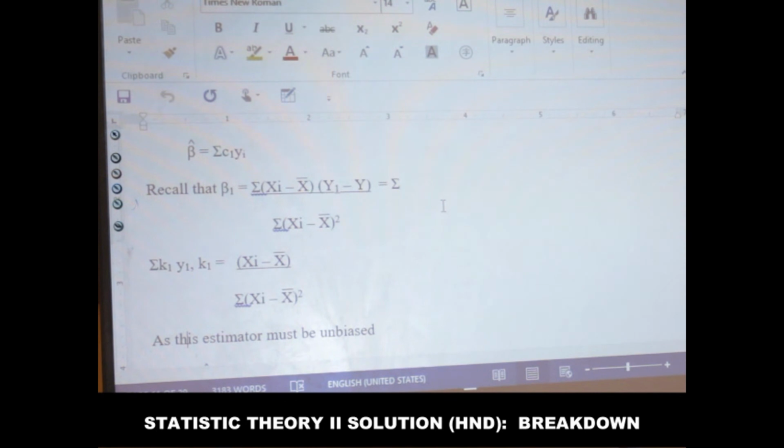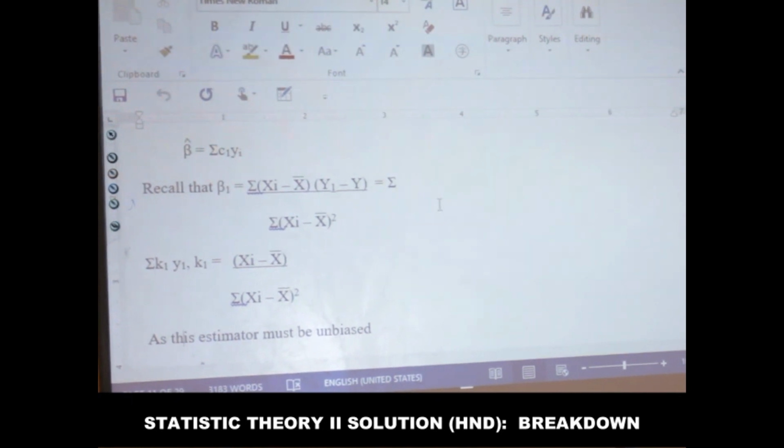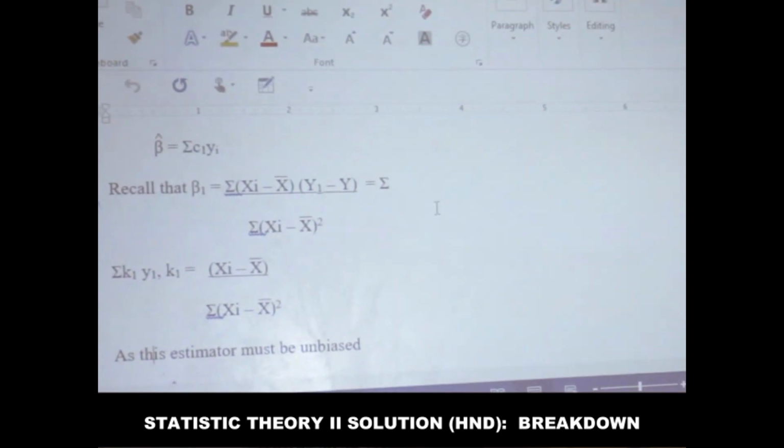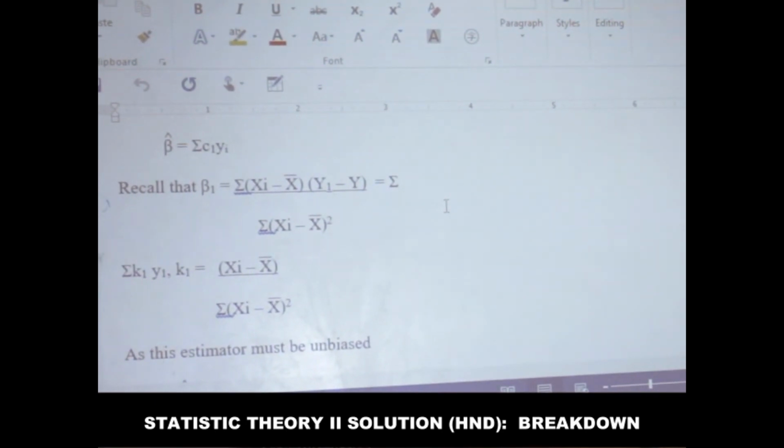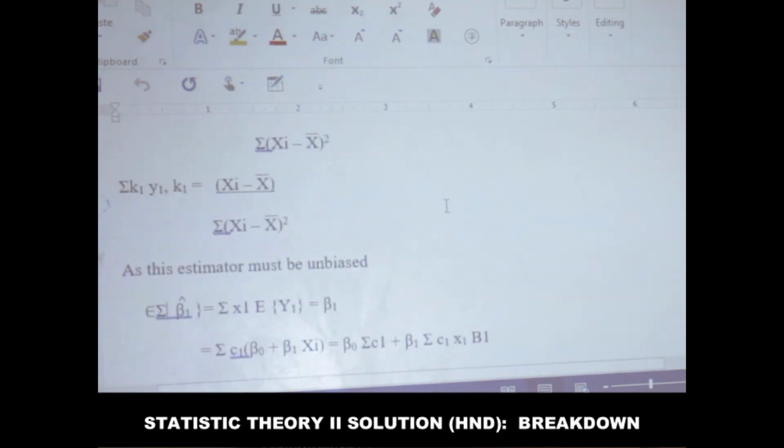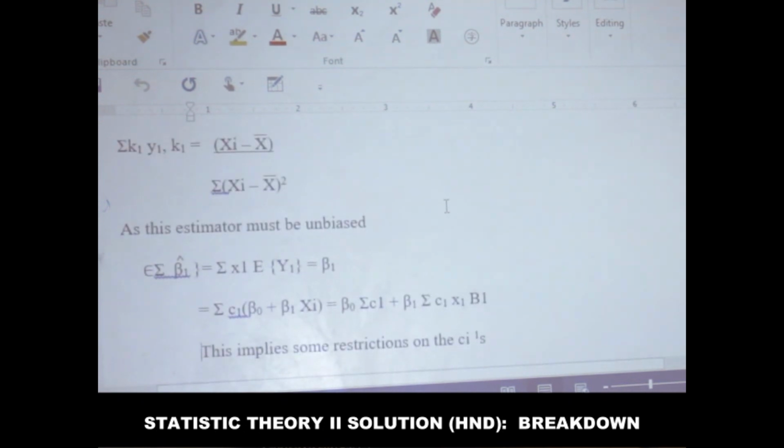Y1. So recall from our least square, which we did in question 2, that beta 1 is equals to summation into bracket x1 minus x bar close bracket y1 minus y bar over summation x1 minus x bar close bracket raised to power 2. Now you have a summation k1 y1, then k1 is equals to x1 minus x bar